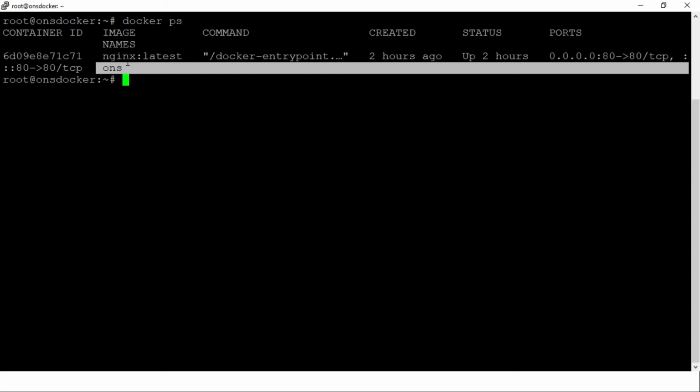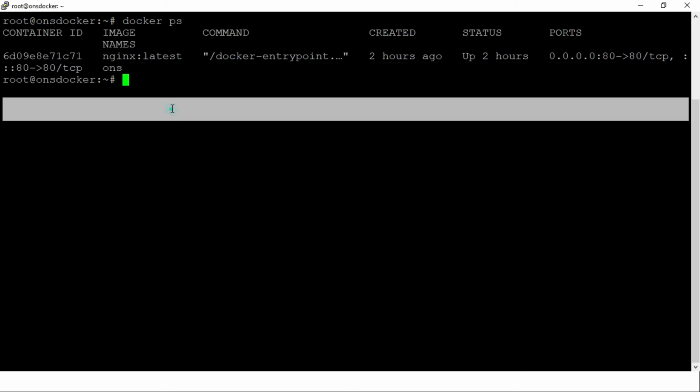So we have one existing Docker container. What we have to do is commit, which means we have to create an image from our existing Docker container. So let's move on. We have to type the command docker